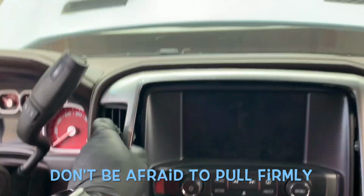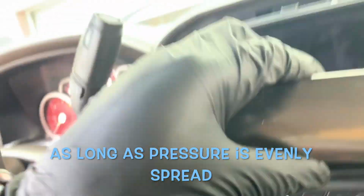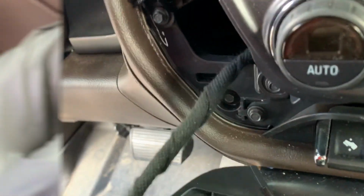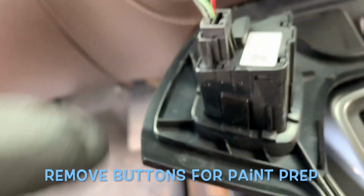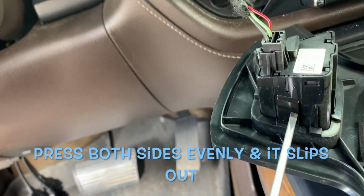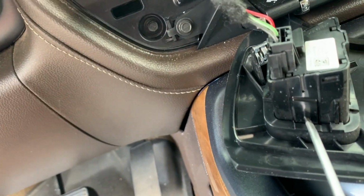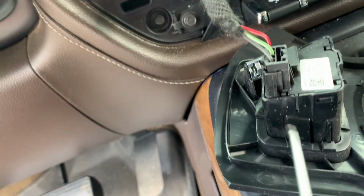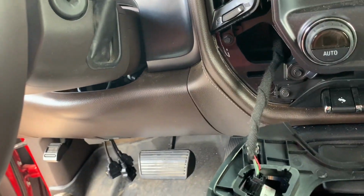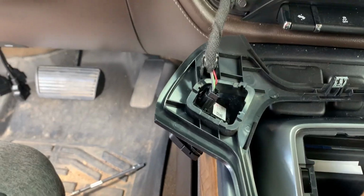And then I'm gonna take these off the same way I took the other ones. Typically you'll see the clips that are holding it in. In this case, notice this, look at this. Let me see if you can see it better. I press, it moves. So I'll try to see if I can give you a better idea. So just gotta press that side, other side, and it comes out. Voila. So I'm gonna have to take off the connection and then